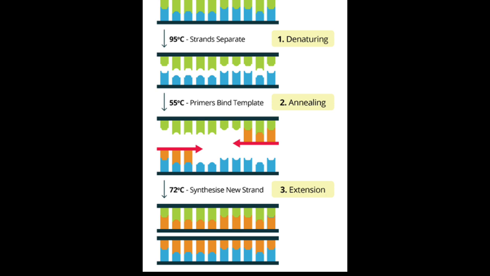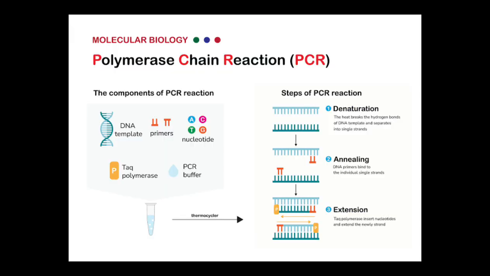What we do in polymerase chain reaction is that we just need one strand of DNA, and along with this one strand of DNA we add two DNA primers and a thermostable DNA polymerase. Then we heat this mixture. So the single strand of DNA is denatured. When it is denatured, the primers of DNA pair up accordingly. And this is how DNA is amplified by just one strand of DNA.